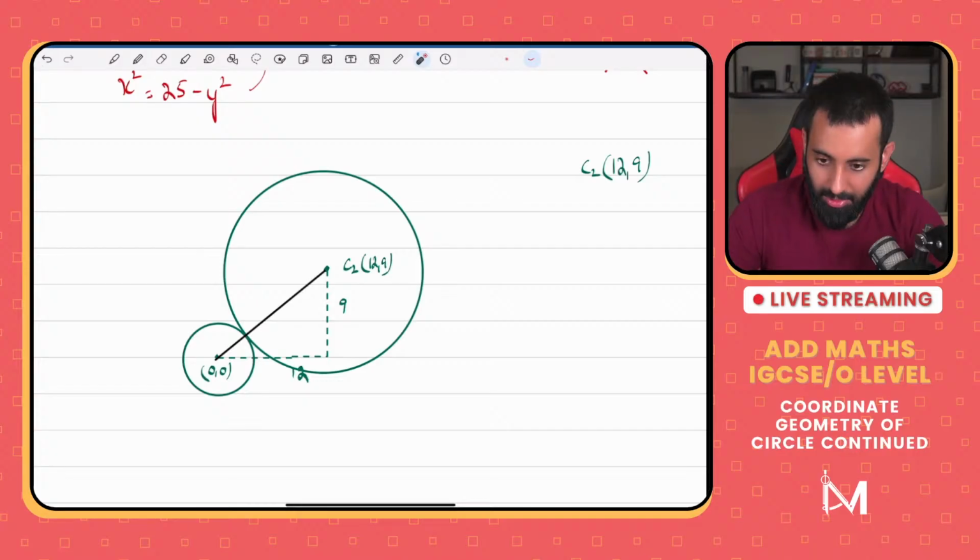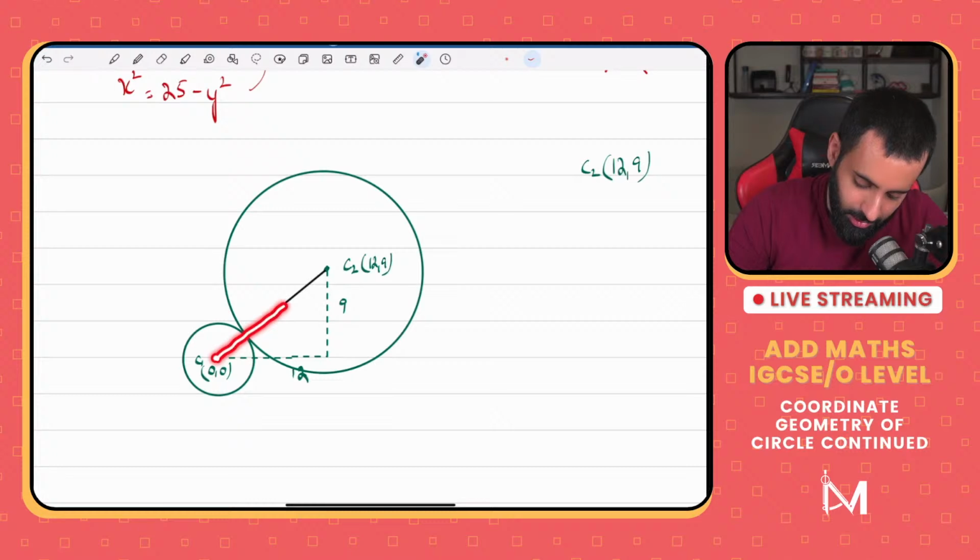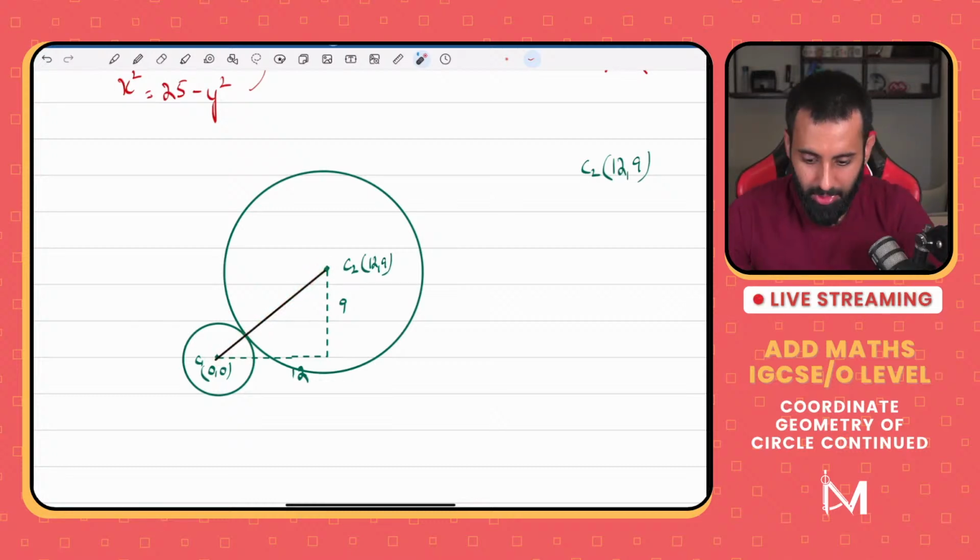How did we figure this out? By making a rough sketch. If you don't make a rough sketch, you can't figure it out. So making a rough sketch is very important. That is why I think I mentioned it multiple times in the previous stream as well. Make a rough sketch. That will probably open your eyes and tell you what you have to do. So we can find the equation of this line, and that will give us the point of intersection.